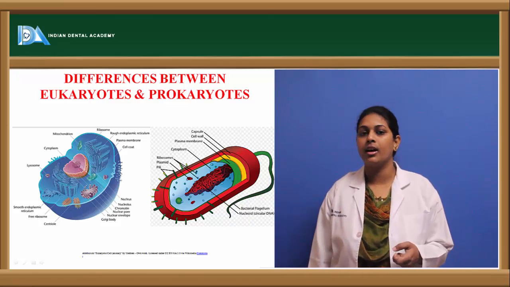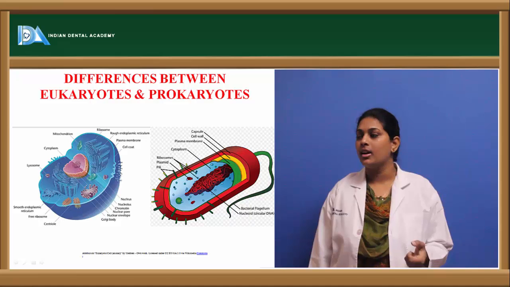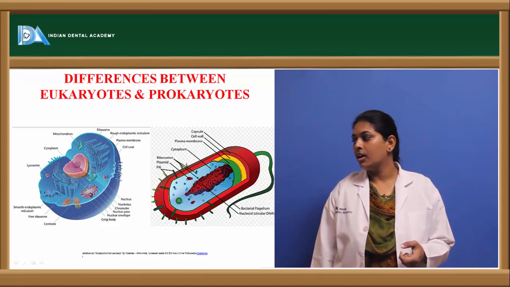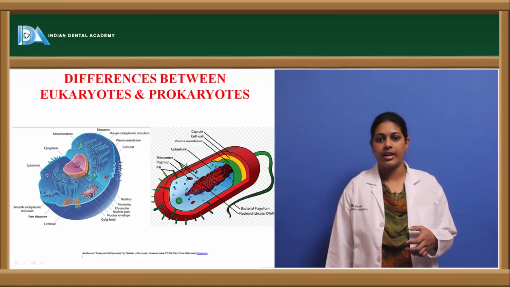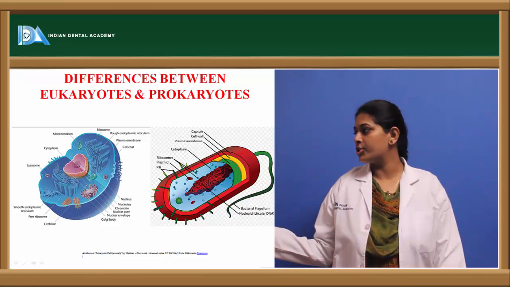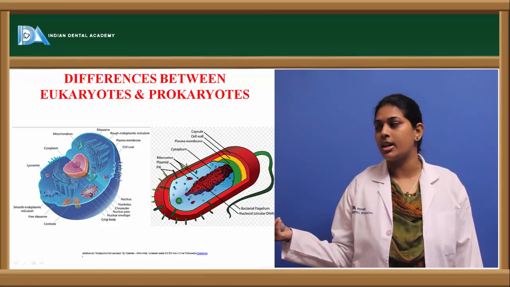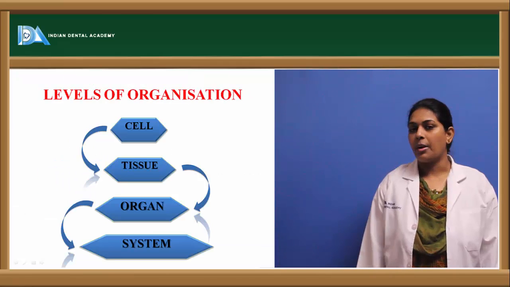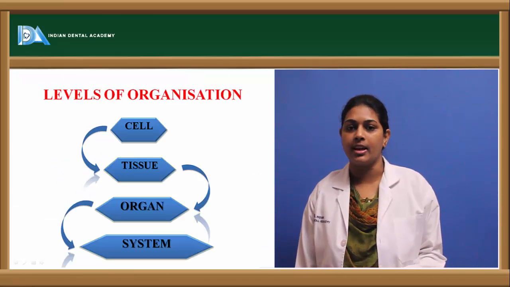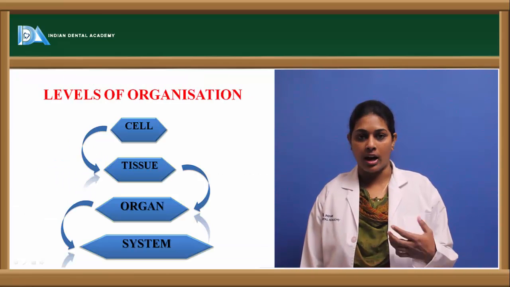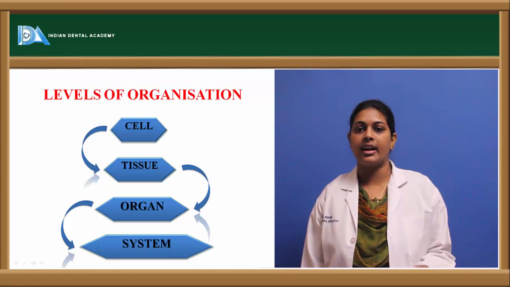Whereas in the eukaryotes, you find a cell membrane, plasma membrane, and properly fixed centrioles and centrosomes. This finishes the differences between the eukaryotes and prokaryotes. Coming to the levels of organization of a cell, as we have already discussed, a cell arises